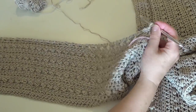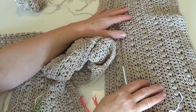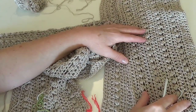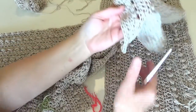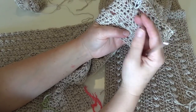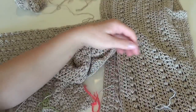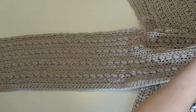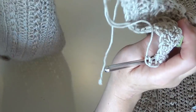half double crochet row. First I'm going to tell you that I have a back and a wrong side and a right side, and I have marked with a white piece of yarn here that this is my right side, and I was working the puff stitches always on the right side. So this is why I made this way the pattern. So after three rows of half double crochet, I reach to a point to work puff stitches, and it is always the right side. So I fold this piece having right side facing me, and I want to do the same here. To do this, I have marked all the right piece with a green piece of yarn, and